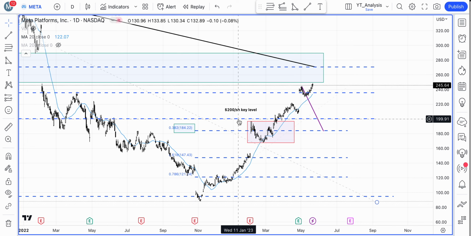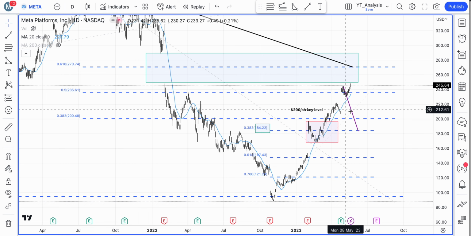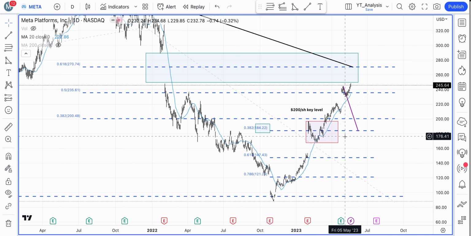What the stock is now doing is, we had identified a zone where we have this huge gap around, and the 61.8% Fibonacci retracement comes around the $270 per share level. The stock is slowly grinding into this region. Whether it is able to rally another $15-20 and get up to the 61.8% Fibonacci retracement remains to be seen, but